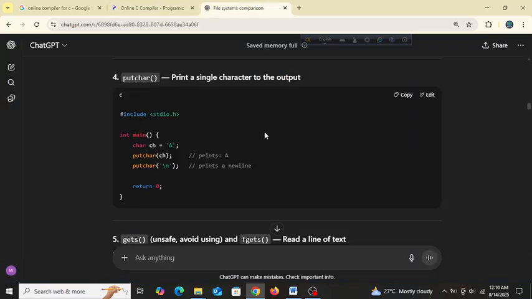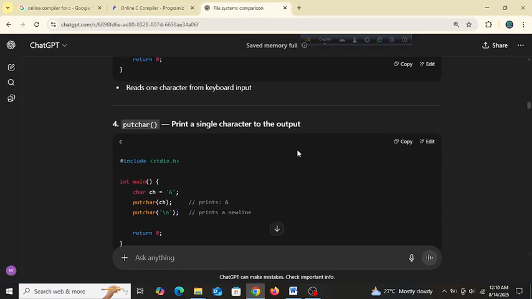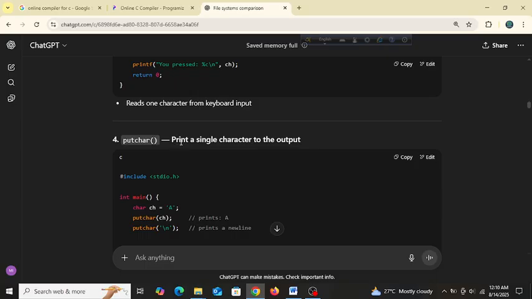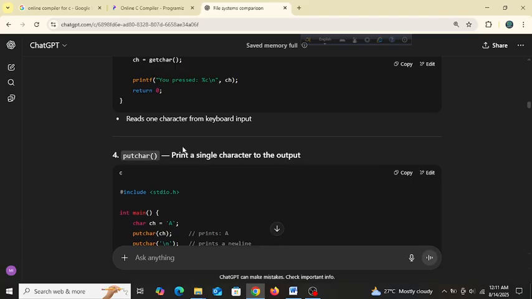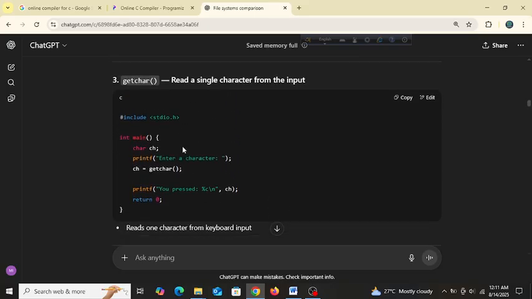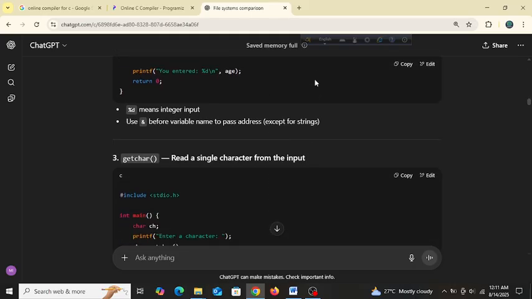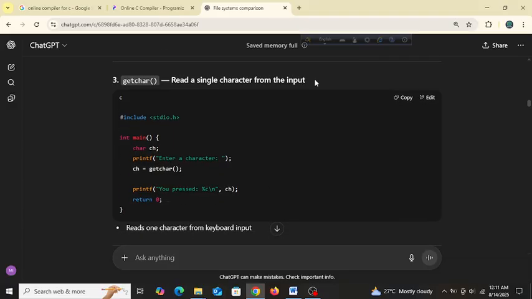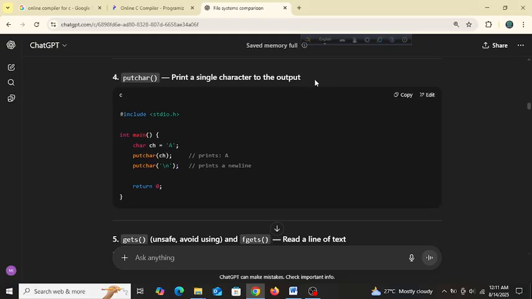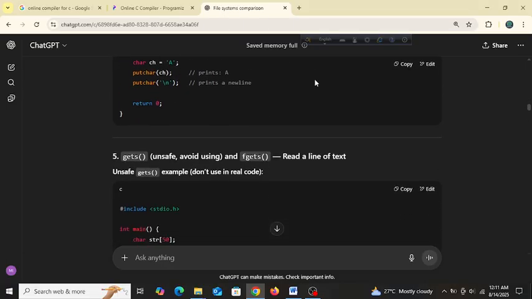Putchar prints a single character to the output, so to print a single character like this a, we can use putchar, and getchar is for reading a single character from the input. Getchar and putchar are two different things. Getchar is taking single character input, putchar is printing a single character.